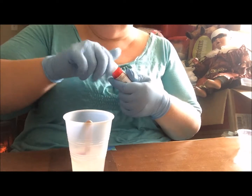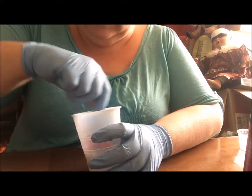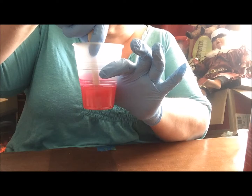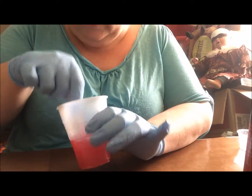That is really all I'm going to need. I might need to use some of the acrylic paint because this ends up being very transparent. I don't want this blood to be completely transparent. I mean, you could see my stick through the cup. I don't really want that. I want it to be